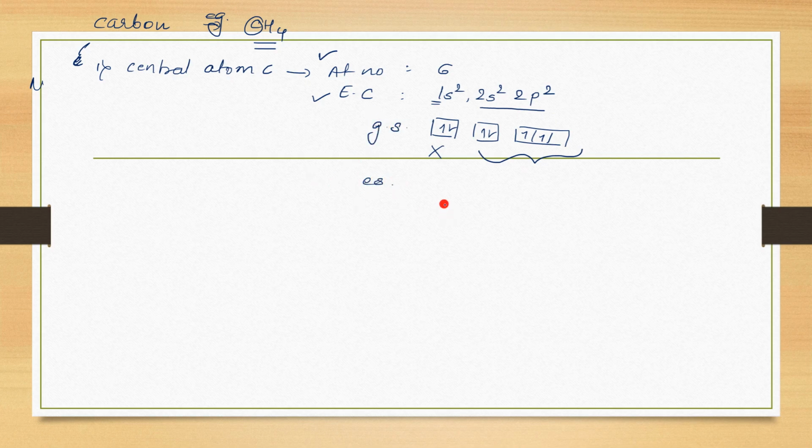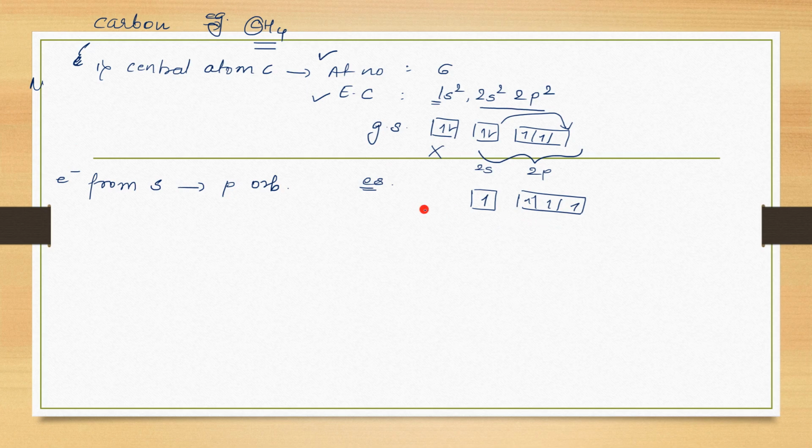Now write down electronic configuration in excited state. So 1s is going to remain as it is, so I'm not writing that. In excited state, electron from s jumps to p. Okay, so s will have only one electron and now p will have three electrons. So what happens in excited state? Electron from s jumps to p orbital, right? So this is in excited state. Now once excited state has taken place, now comes the hybridization. So we are talking about sp3 hybridization, sp3. So what is sp3?